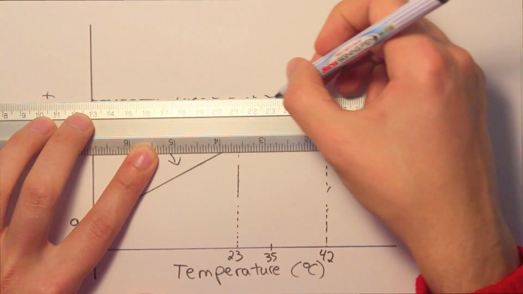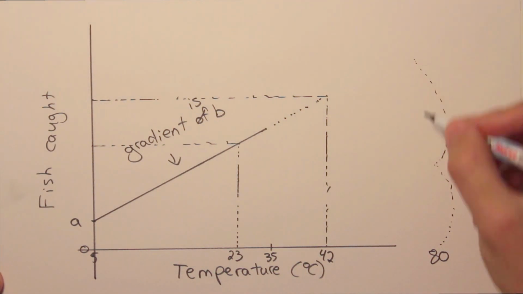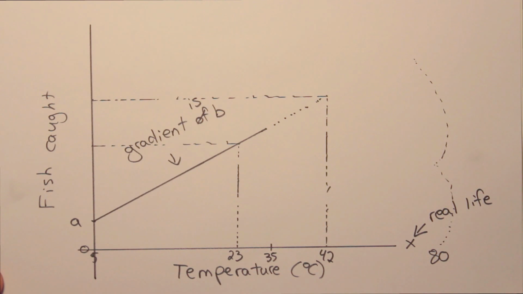However, if we were to estimate the amount of fish caught in water at 42 degrees Celsius, this would be extrapolation, because it is outside the range of the data. This means that interpolation is a more reliable method of estimation, as the data could be vastly different outside the given range. In this example, we might estimate the number of fish in water at 80 degrees Celsius, but this would be highly inaccurate as most of the fish would probably boil and die at this temperature. It is important to remember that this model is only a model, and therefore will not be 100% accurate in its predictions. So to recap,